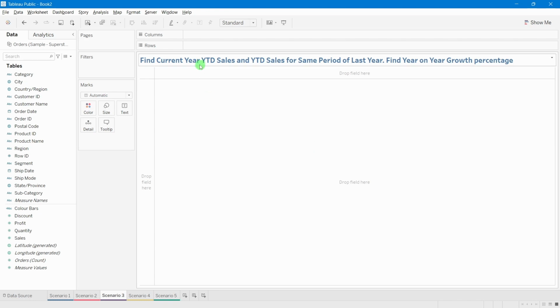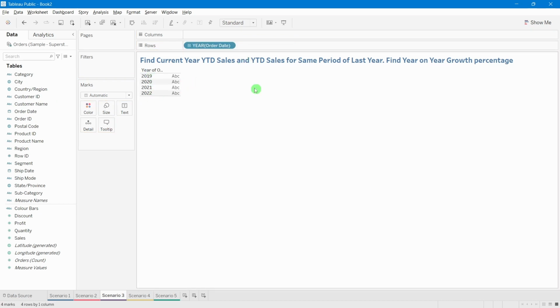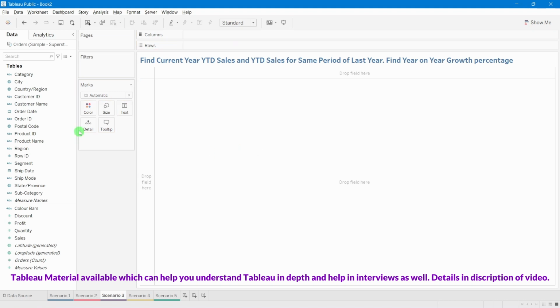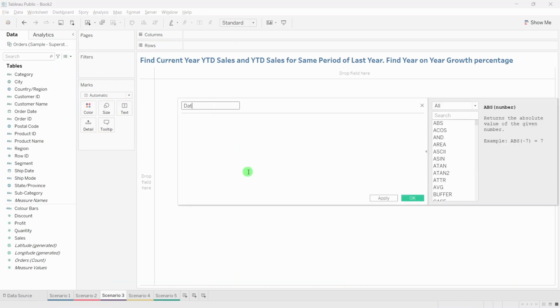And for year to date sales, first we will find out the year to date sales. So I will just take the order date. Right now order date has only 2022. So for this particular scenario, I will add one more year to this particular date. To add a date, I will just create a calculation, and I will name it new order date,